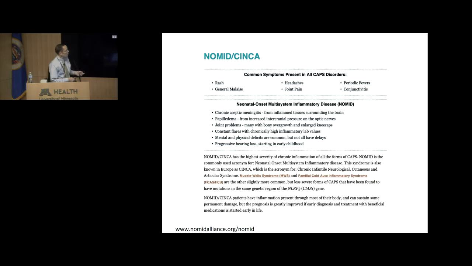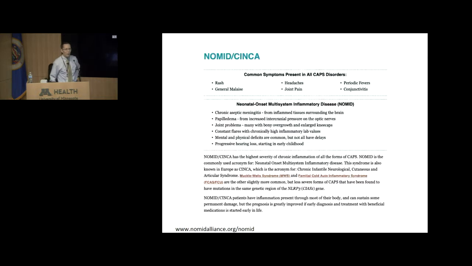And we didn't know it. He was developing normally, but he actually had a chronic aseptic meningitis. He had some ocular involvement that had been missed initially on slit lamp exam. And he certainly had these joint problems. We eventually, several years into it, he was having hearing loss develop. He actually became one of the kids enrolled in a major study that proved that there was effective therapy for